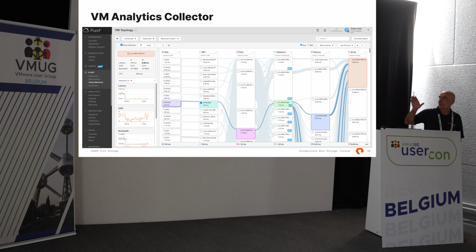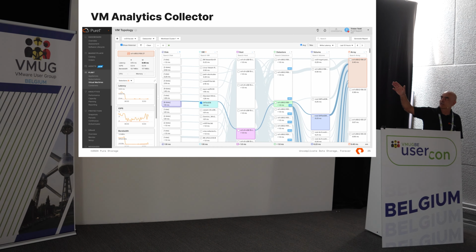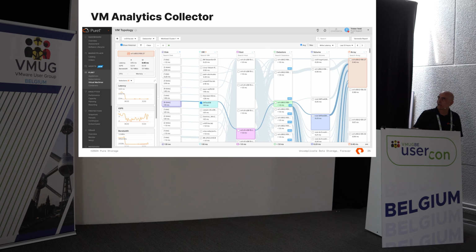It gives you the full track of what's happening to the I/O from each single ESXi host you have in the environment down to the array. So starting from the VMs down to the array, you have a drill down of each single segment that the I/O chain goes through, and you can easily identify where the bottlenecks are,